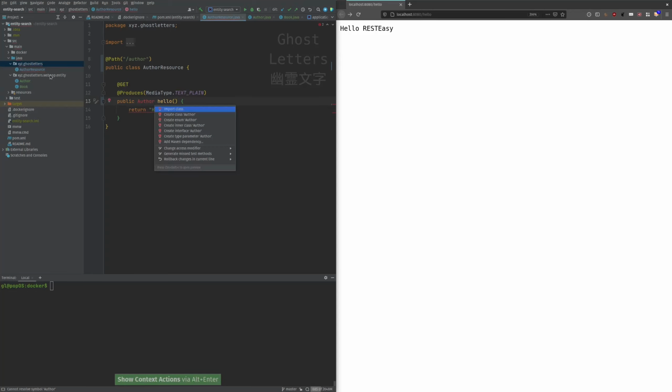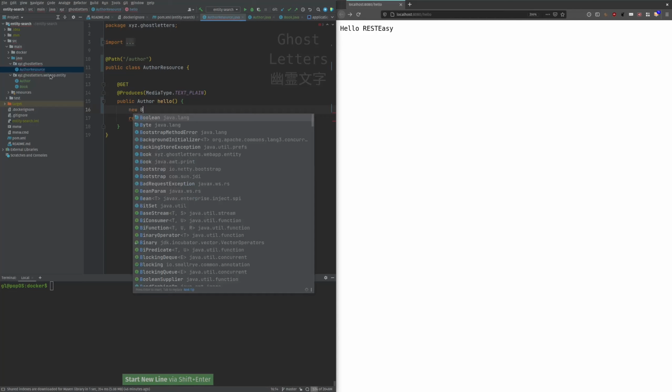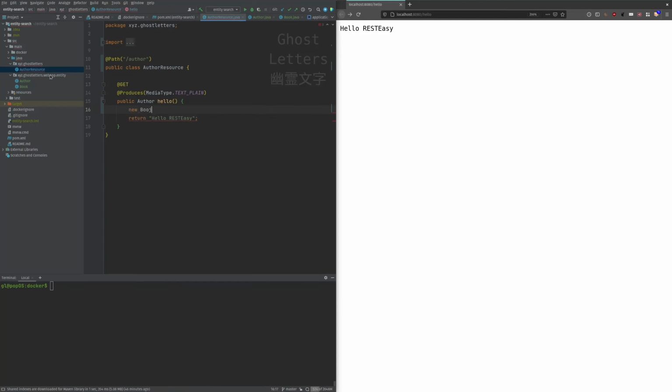So I'm gonna import that and first create some books. Create some book like Dark Tower, whatever amount of pages, and have another book like It with some amount of pages,